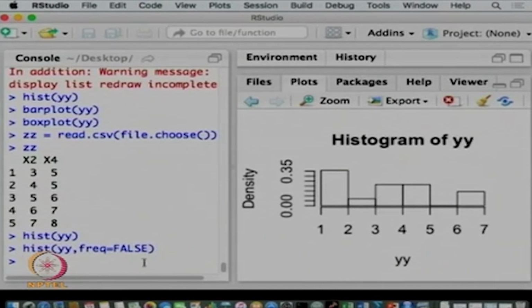With that, I hope you have been convinced of the power of this R software, which is open source. You can freely download it, install it, and use it for your own purposes. Particularly, you should get into the habit of calculating standard deviation, mean, and all these descriptive statistics, and even generating these plots